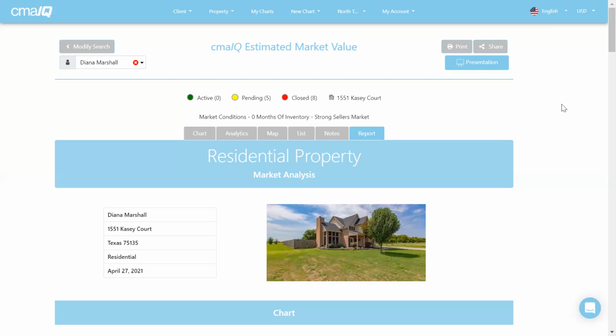Oftentimes, a lot of new agents are like, oh my God, they're going to figure out how long I've been in the business and that I've only had my license for 6 months or whatever, what am I going to do? And it's like, first of all, they're not often going to ask you that, how long have you been in the business? But if they do, and they want to know how many houses you've sold or something like that,